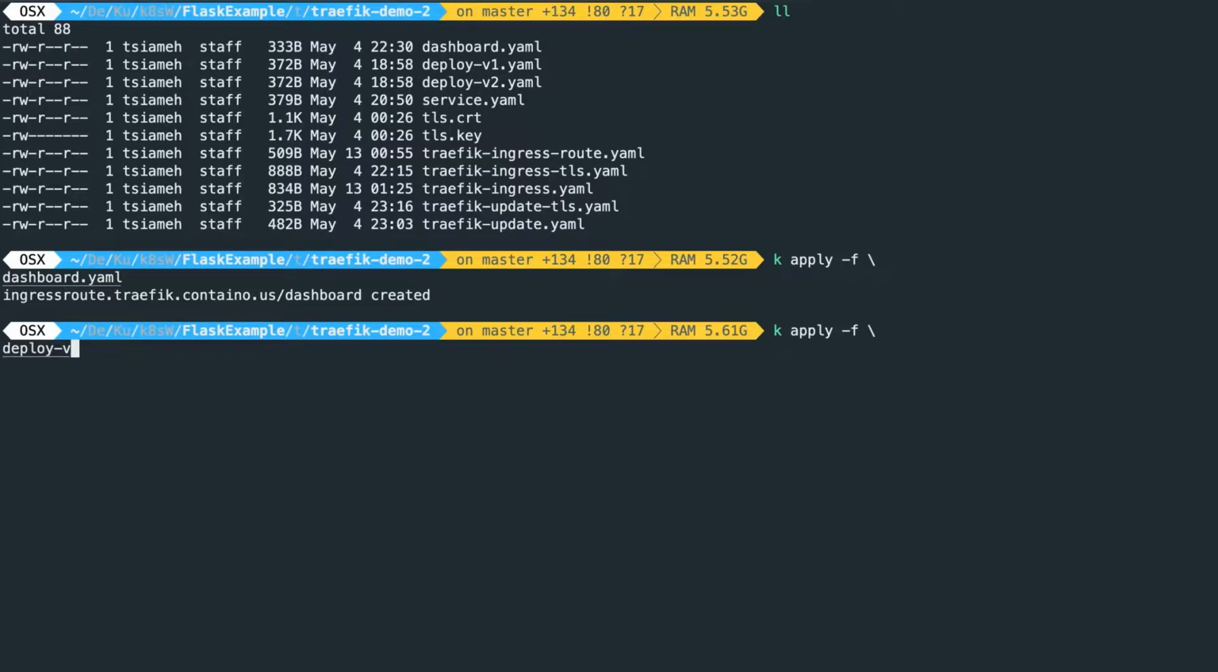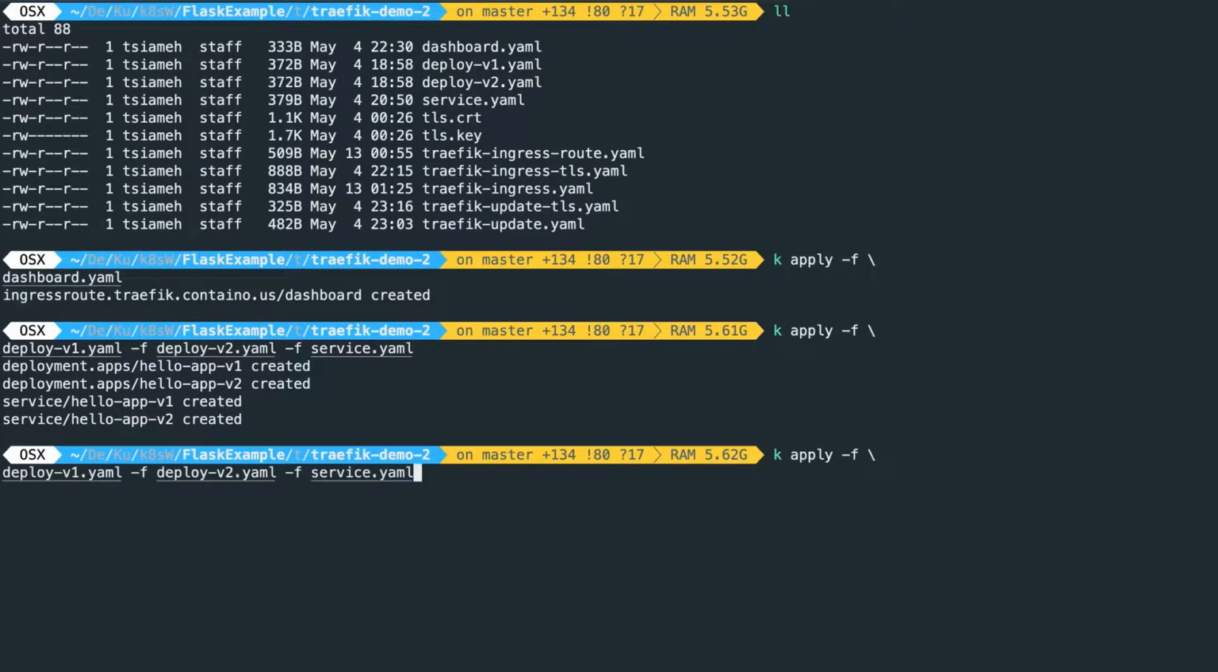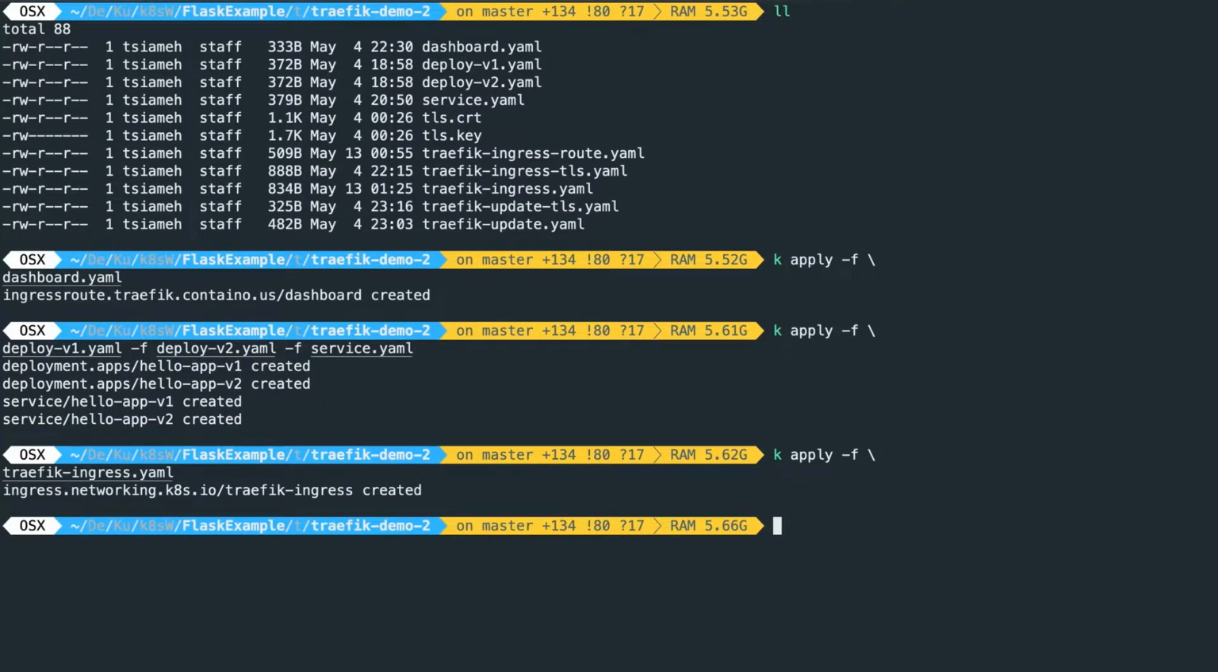Deploy v1 -f, deploy v2, and then -f service.yaml. Okay, it's all created. So I'm going to also create the Ingress, which is the Traefik Ingress. So that is also created. So let's go back to